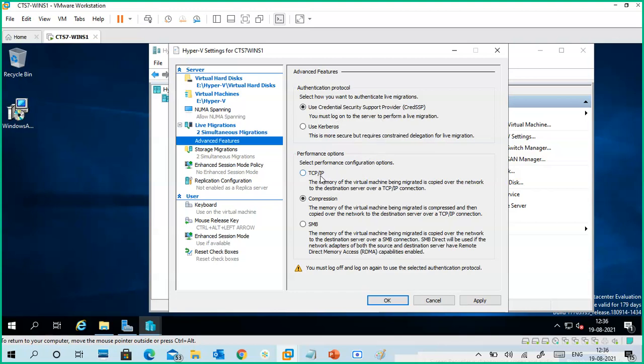Performance options like TCP/IP, compression, SMB. Which one do you want to use? SMB, server message block. Then you can use that one for migrating machines, or you want to use TCP, or you want to compress the machine and send it like that.